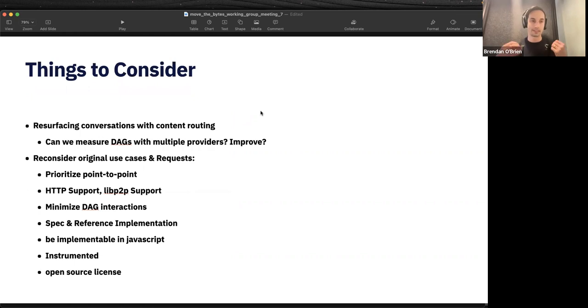We're going to open this up to the floor and just talk about, hey, where do we go from next, and how do we ideally open some space for, that's not actually quite right, and how do these two concepts link together? But stuff that we've talked about in this working group that I think should help contextualize a discussion of where to take this. We should also be considering the adjacencies of the subsystems that moving bytes is part of, specifically